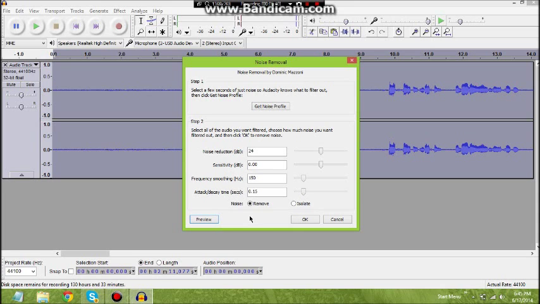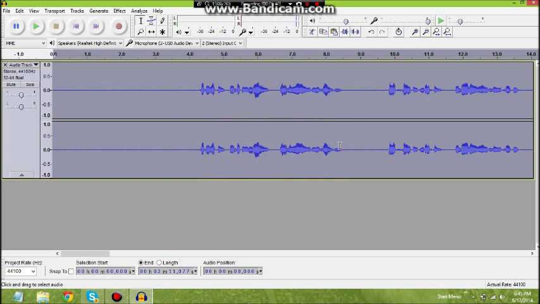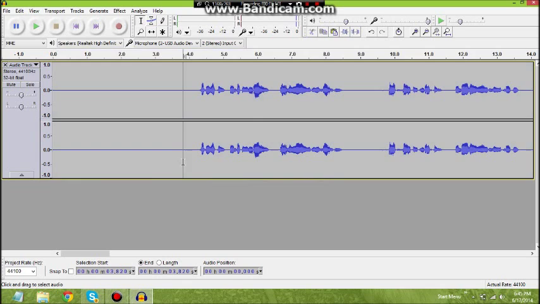So it only plays a short couple seconds on that. So then you hit OK, and then it will work for a bit. The longer that your audio is, the longer it will take to do the noise removal. And then there you can see the stuff's usually gone. So then when you go through it now, there's not a background noise, which would be very faintly heard, which